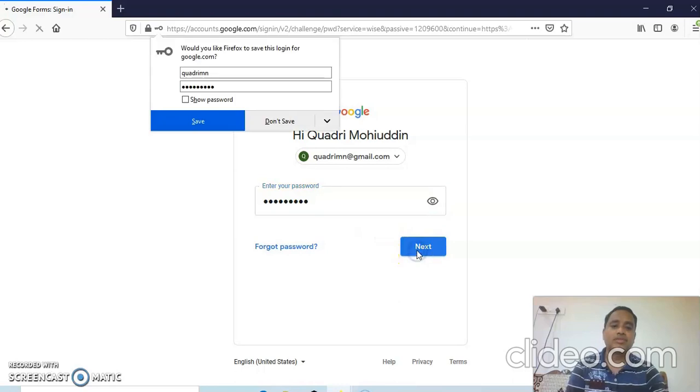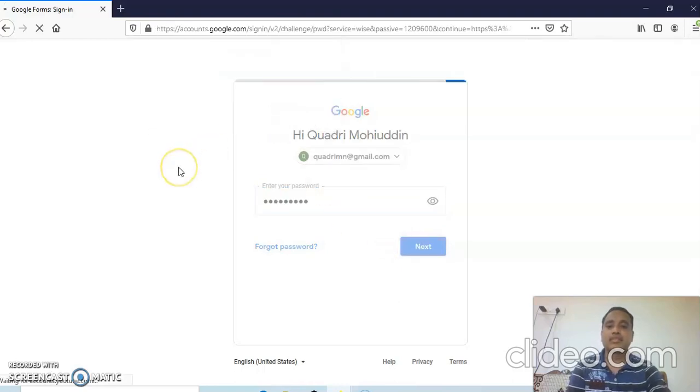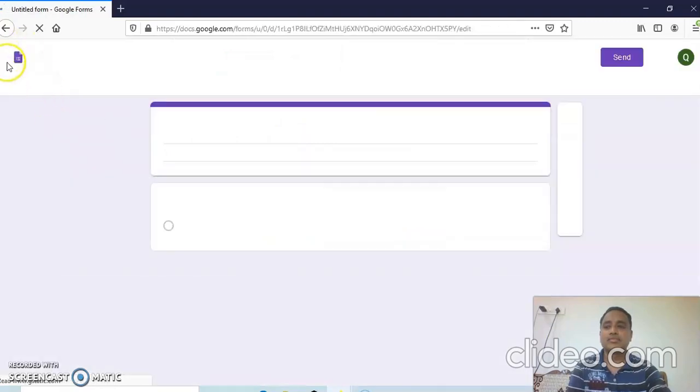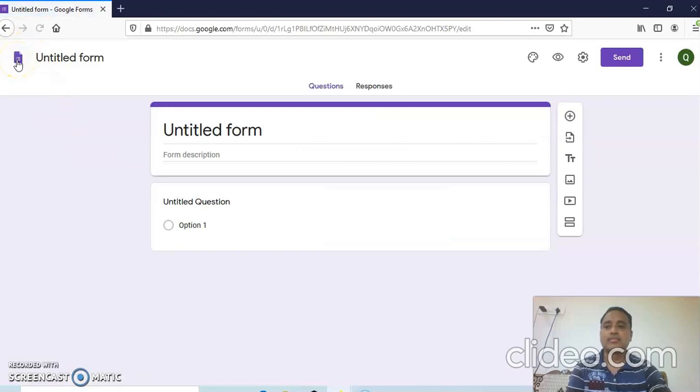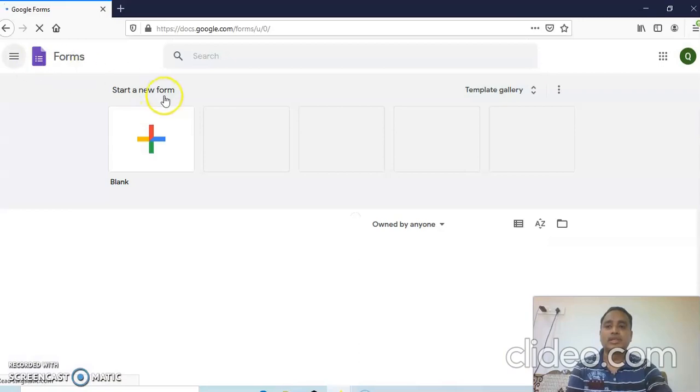Now the password will be entered. As soon as we have entered it, it shows Google Forms in this manner. So here is a start a new form.